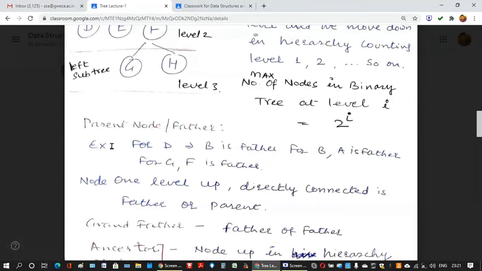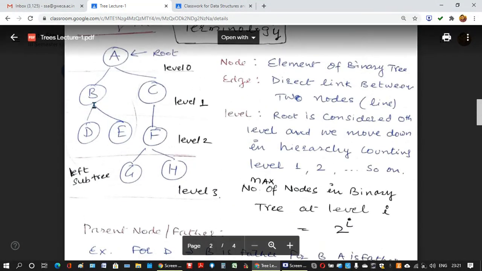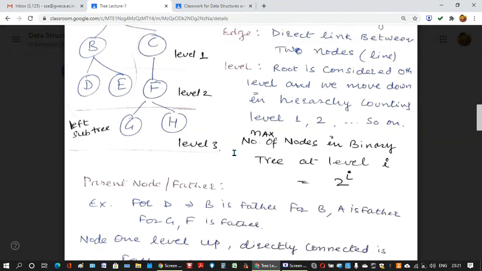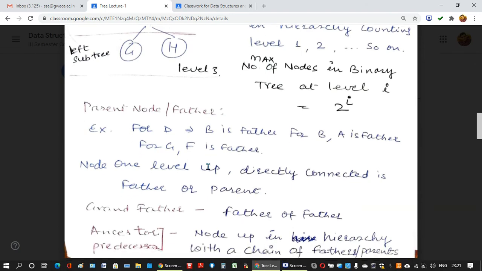Now we use terms like parent node or father node. So B is the father of D, B is also the father of E, and D and E are children of B. Similarly, A is the father of B. We also use the terms grandfather, grandparent. The grandparent of D is A, and the grandparent of E is A. So the terms which we use in a family tree are also used here: parent node, father node, child, grandchild,